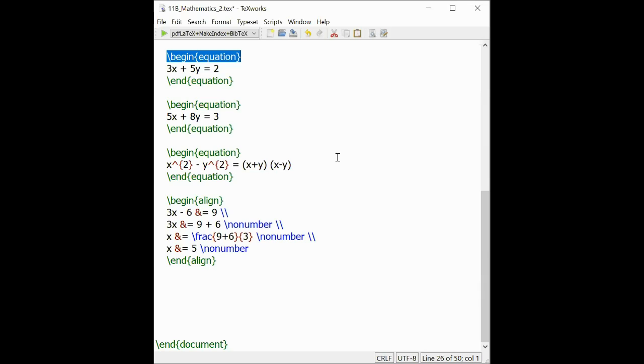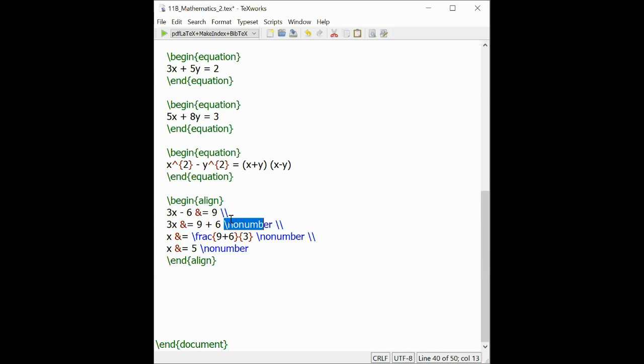In order to handle that, you have to put the align environment. This environment is used for splitting the equation into parts. Although this regression equation is a single equation, if you cut it into parts, LaTeX will consider each line a separate equation. So in order to tell LaTeX this is a single equation, in the first line you have to put double backslash. As I told you yesterday, this will break it and tell the document that the next one is a new line. In the next line you have to put \nonumber.